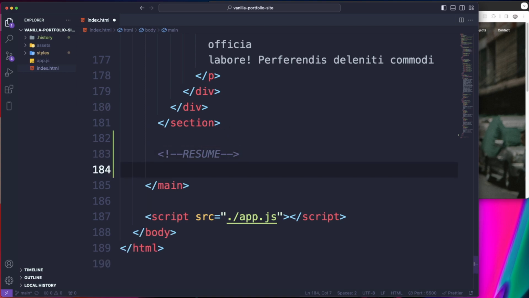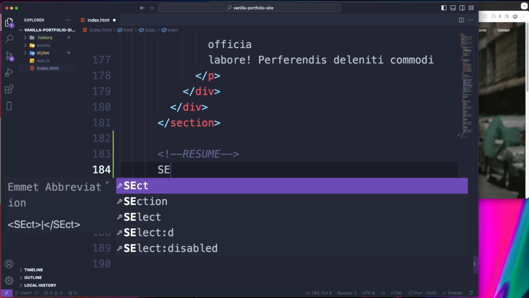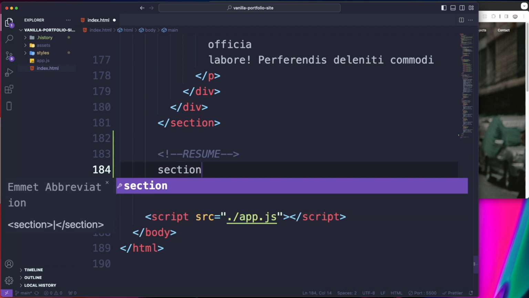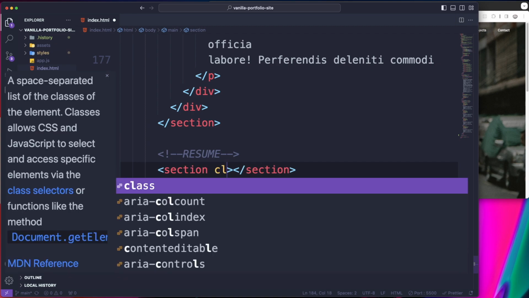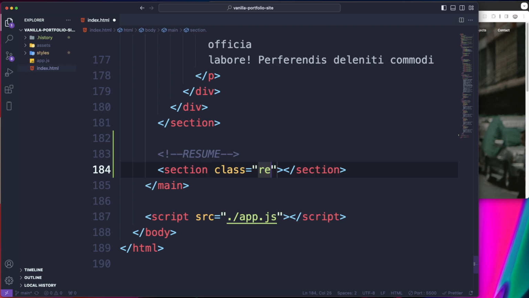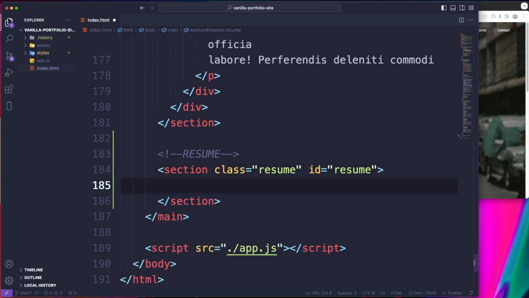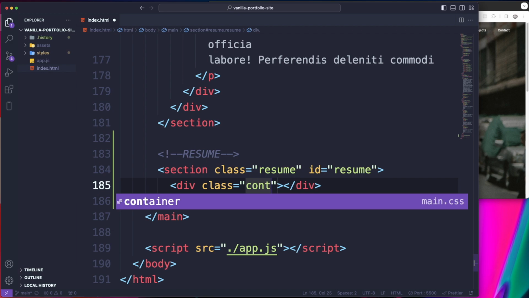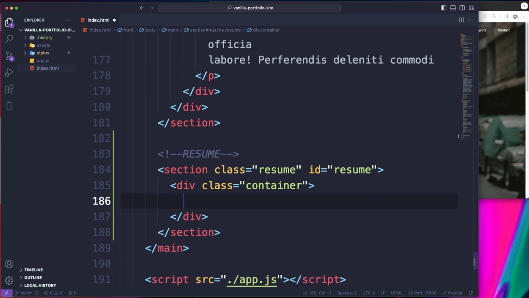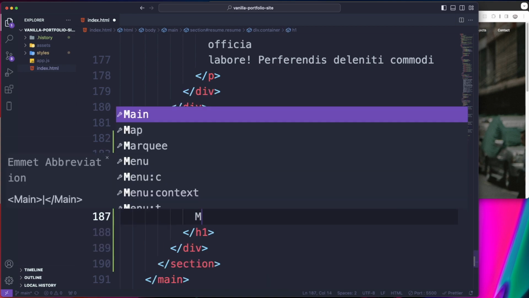So this section is pretty long. So I have a section, and it's gonna have a class of resume, and an ID of resume. And then in here we're gonna have our div, and this is gonna have a class of container. And we have our H1, and it's just gonna say my